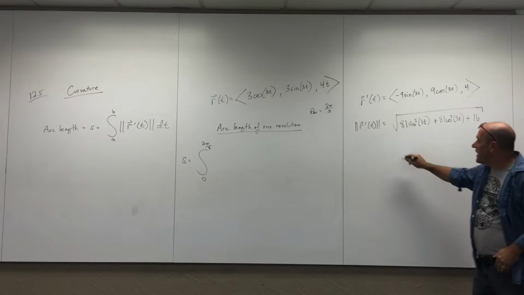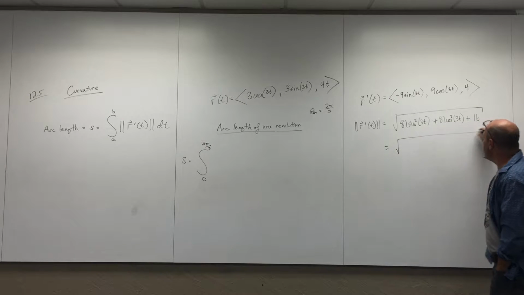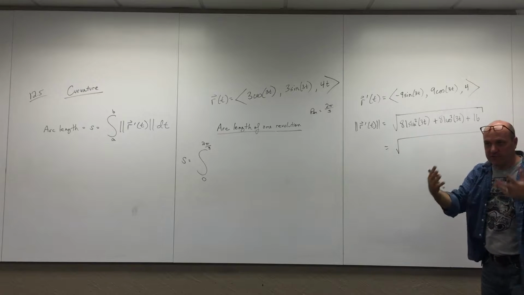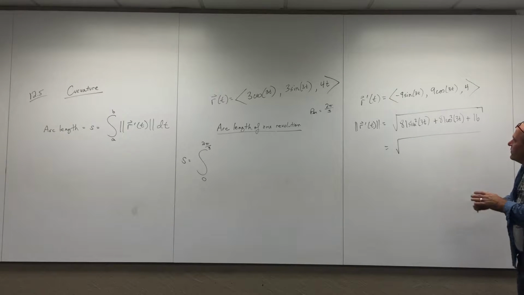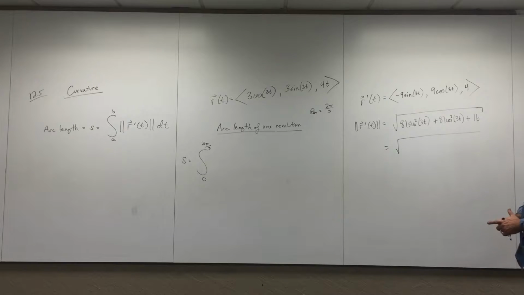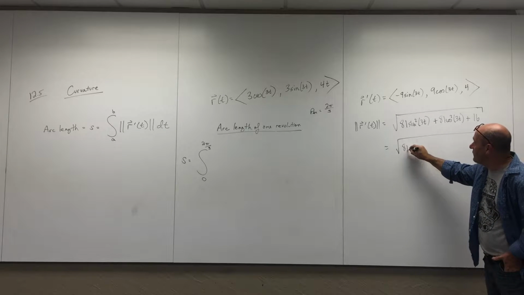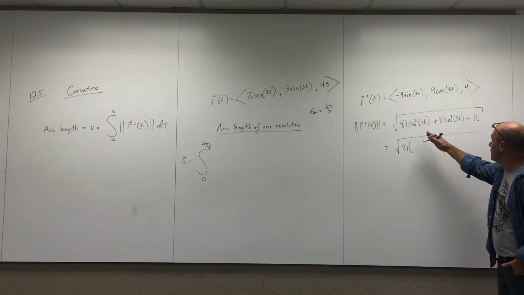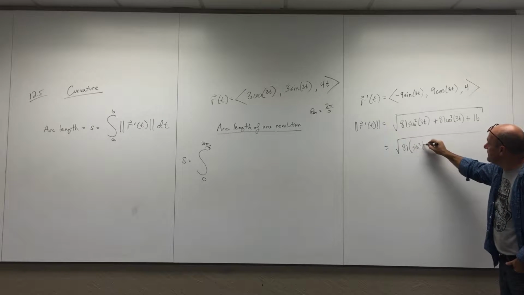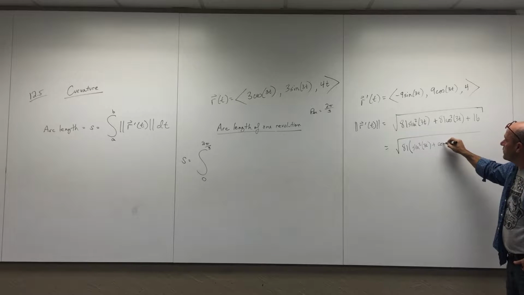And this happens a lot. I don't know how much homework you've done or what you've run into, but when you're messing around with these helixes or this circular motion, you get this sine squared plus cosine squared in here. Now, the way to finish this appropriately is to factor out the 81, just out of those two, of course, not the 16. And then you're left with sine squared 3t plus cos squared 3t